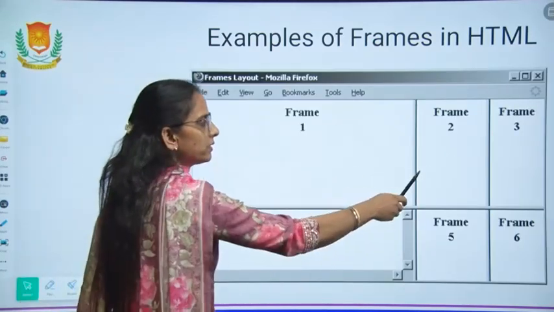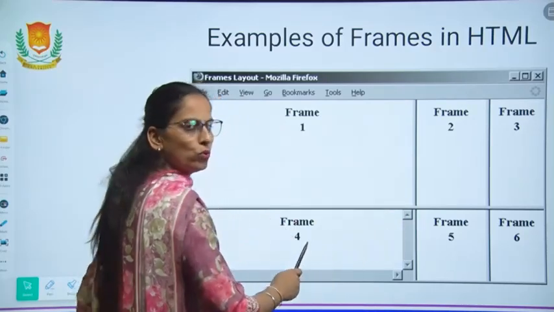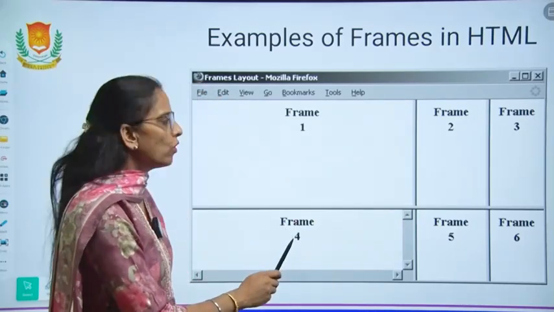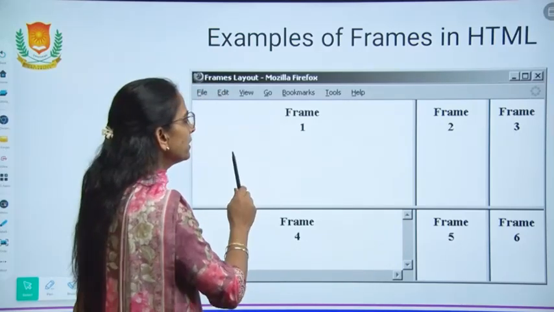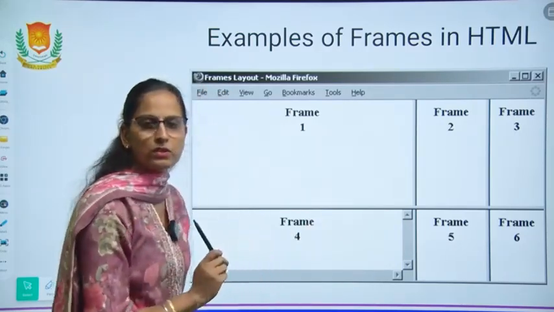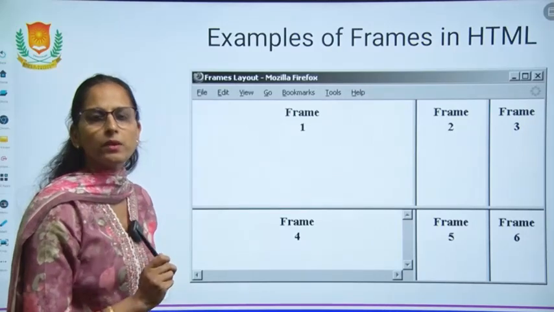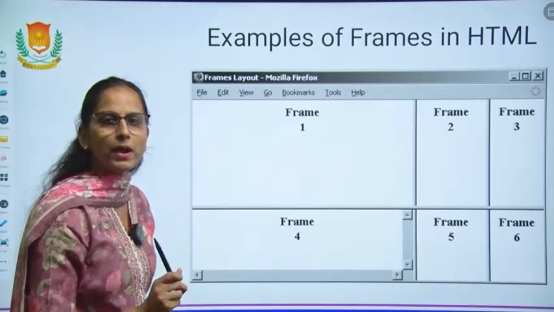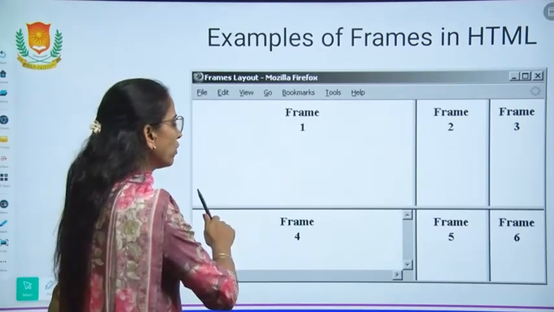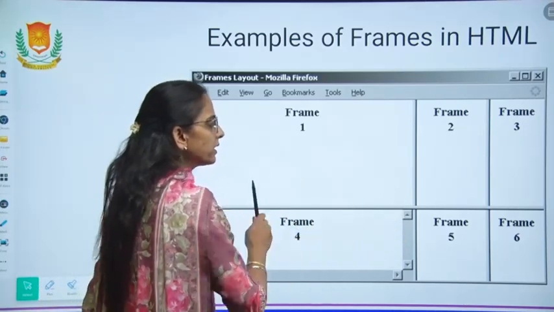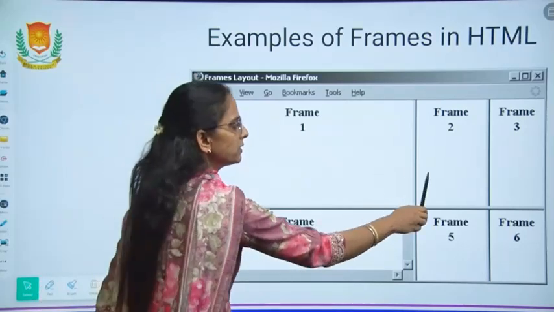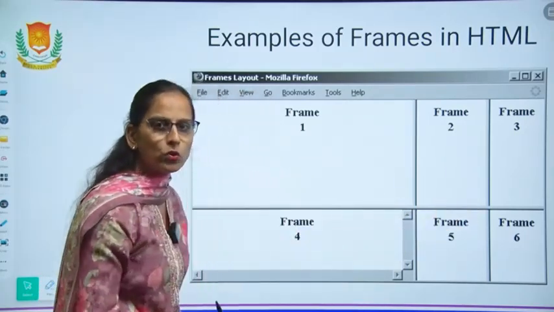Now you can see the size of the sections is different. This size can be decided by the attribute according to percentage. This covers 60% area. This is 20-20.